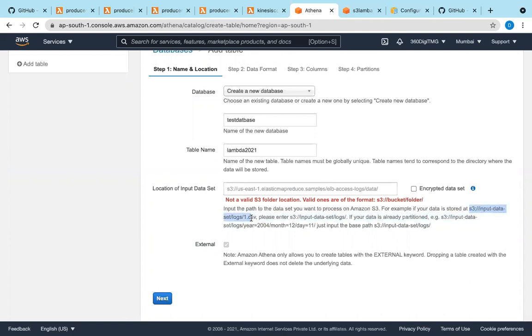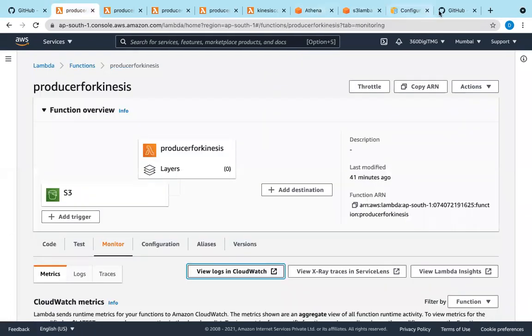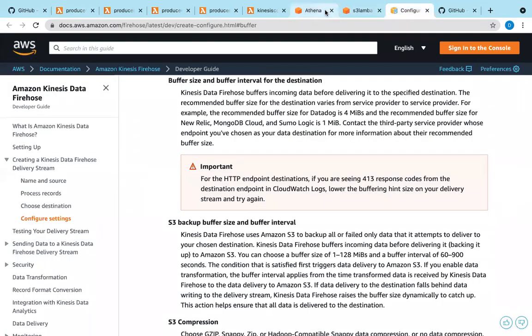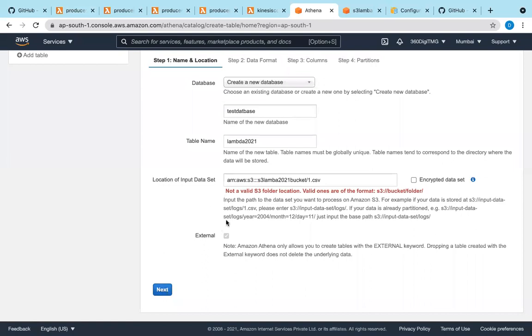S3 input dataset logs, or say S3. This is S3 URI. Let us try with ARN. Next. Not valid S3 folder location.